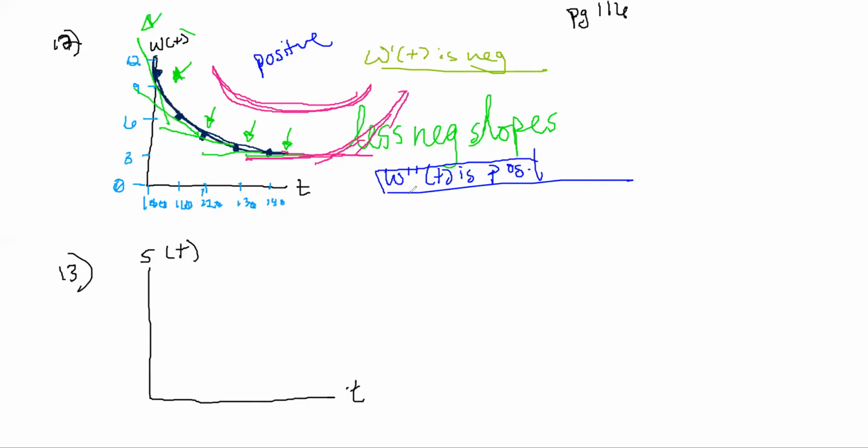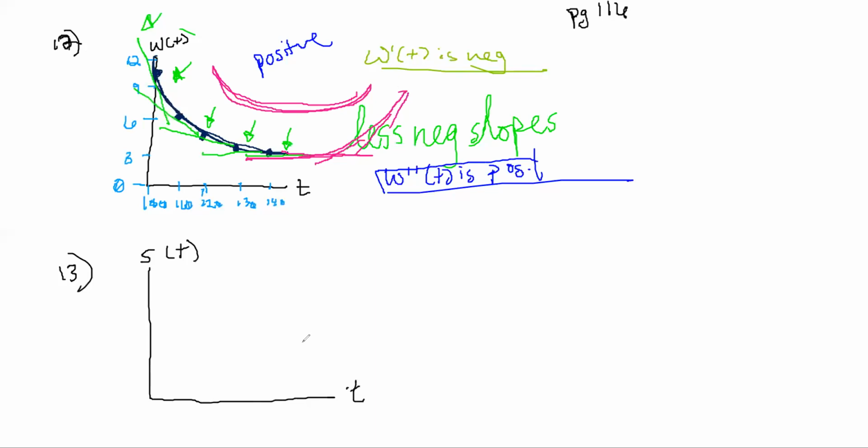Okay, so are we cool with this? Yes. Okay. So we have W prime of T being negative, W double prime of T is positive. So this was problem 12. Now let's do problem